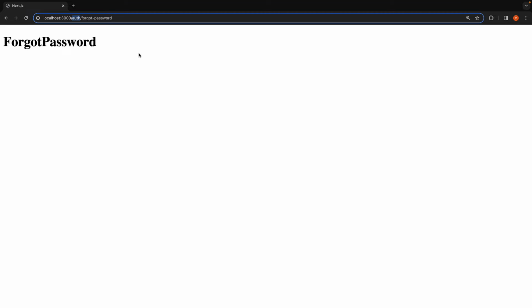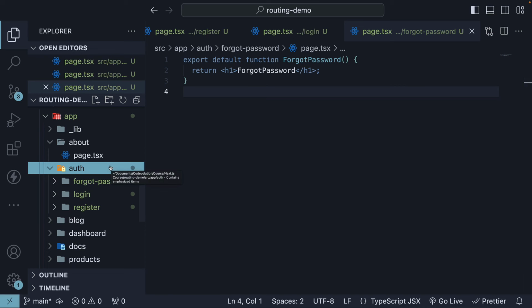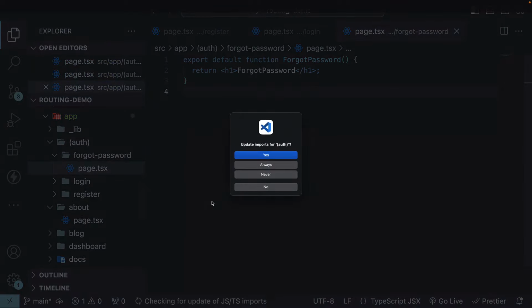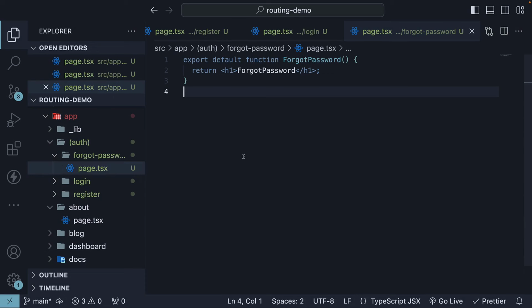So what is the solution? Route groups. We can mark a folder as a route group to exclude it from the route's URL path. To create a route group, simply wrap the folder's name in parentheses. So rename the auth folder to auth within parentheses. This informs Next.js that the auth folder should be treated as a route group and its name will be omitted from